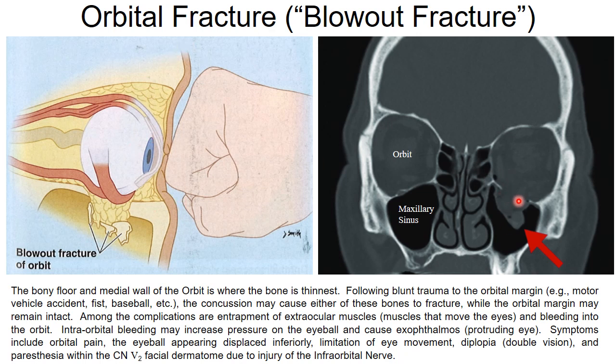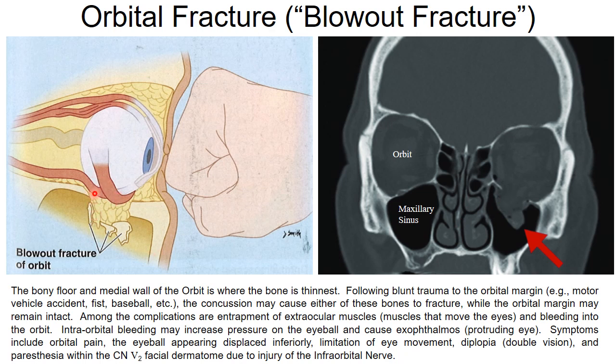This is a much more serious situation. The bone is fractured, and the contents of the orbit are starting to fall through that hole in the floor, and that can cause all sorts of problems in there. So you don't want to miss this diagnosis. Okay? And so basically, some of the complications that can occur: